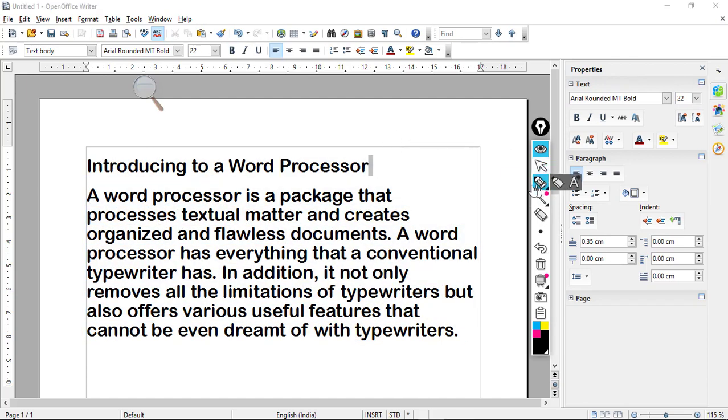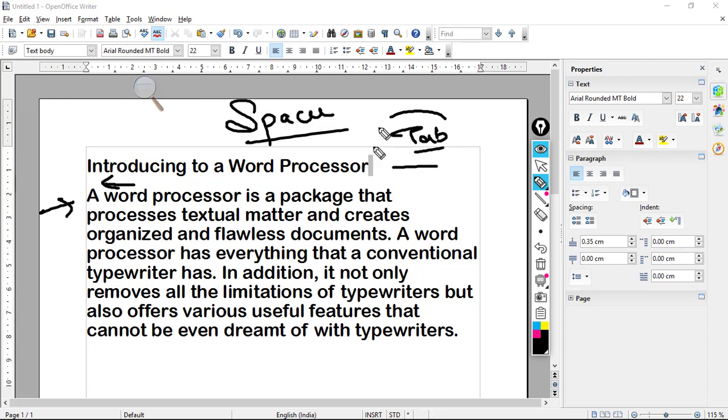Well, let's have a look at this, because right now we are using this Arial Rounded MT with 22 font size. So now it is very inconvenient for us to identify the spaces. It looks very odd to see the spaces here. Along with that, the line space I have left here is also not understandable. Where is the tab space, friend? The tab spaces are also not understandable.